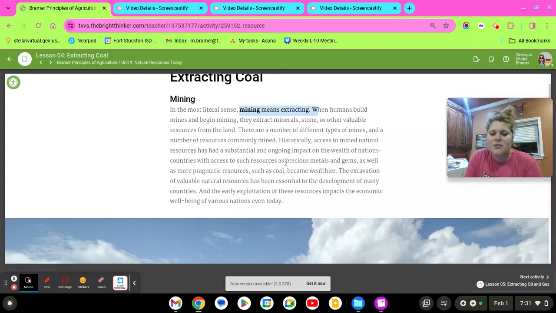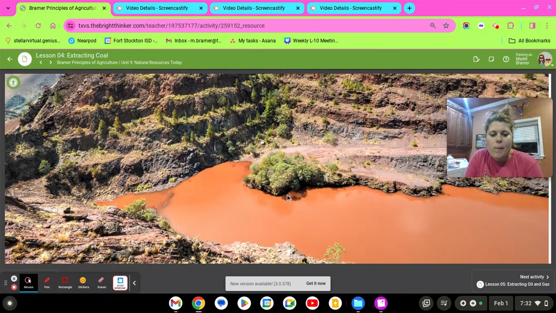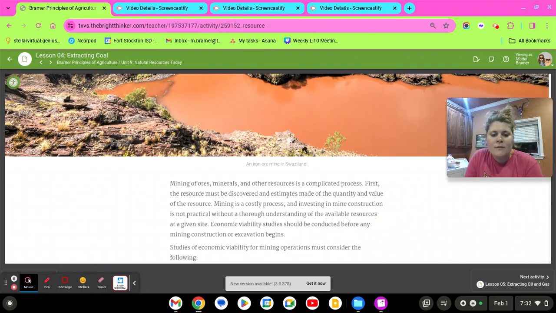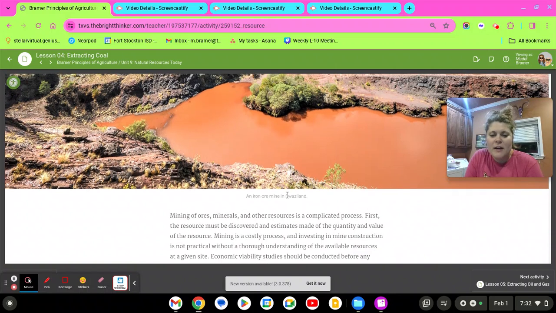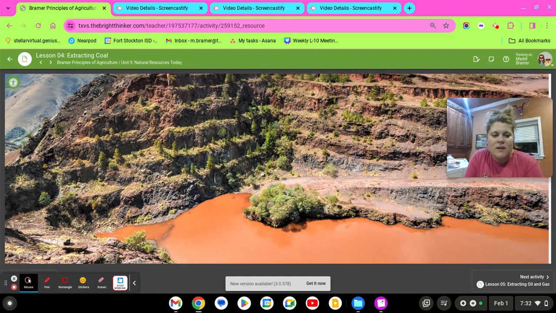countries with access to such resources, such as precious metals and gems, as well as more pragmatic resources like coal, became wealthier. The excavation of very valuable natural resources has been essential to the development of many countries. So here's an iron ore mine, and you can see how they've dug